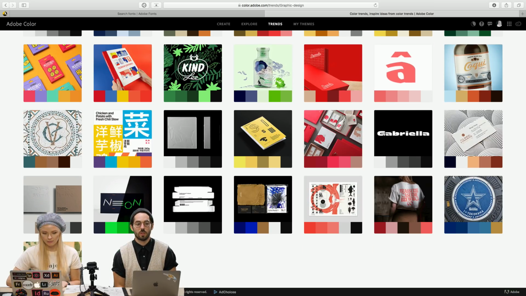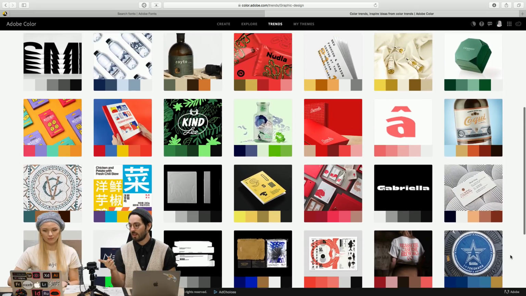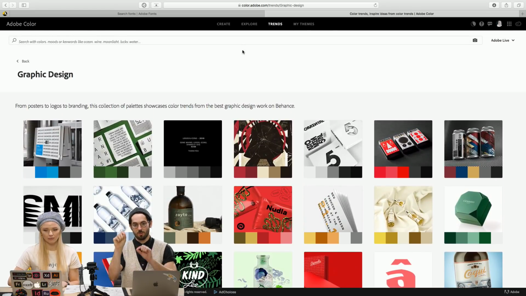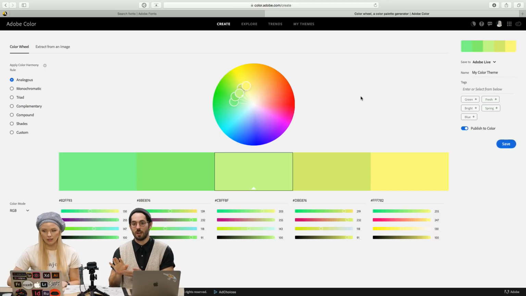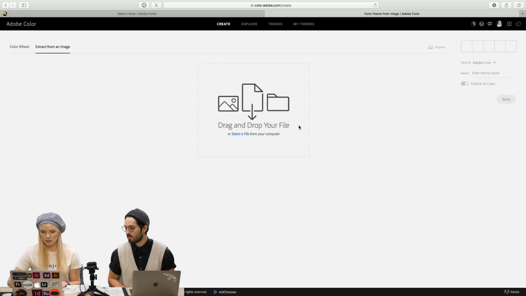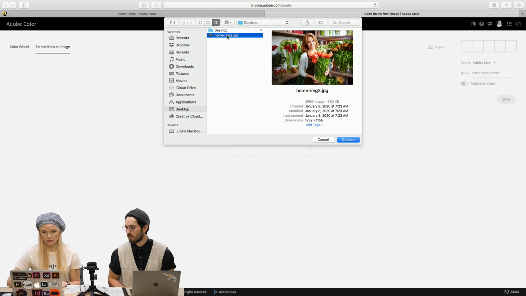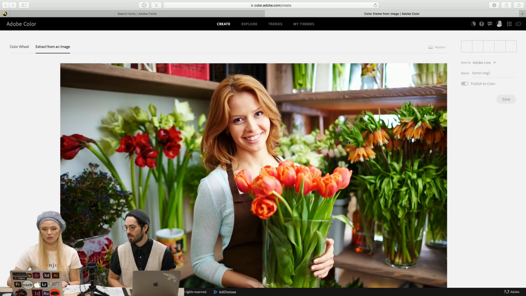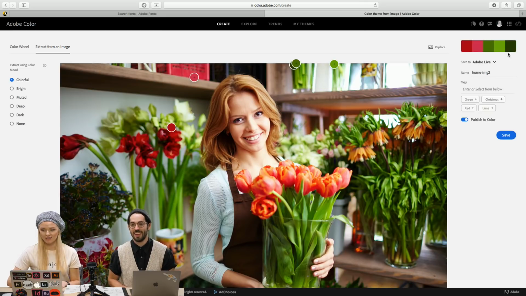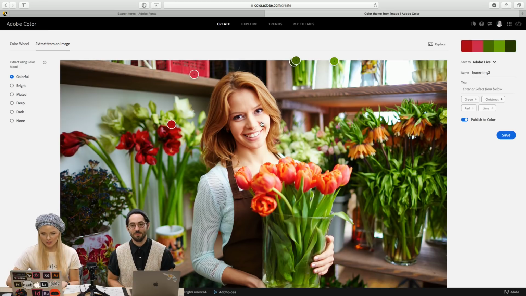And what's really cool too, like you mentioned, it's really easy to make these on desktop. You can just upload an image, and then you can move little pointers around and make your own, or it'll do it automatically. Exactly, you can also do it right here. You can also just extract them from an image. Let's see if I can just take it from my Rose picture. Hey, Rose. There we go. We have a color palette just based on Rose's picture.